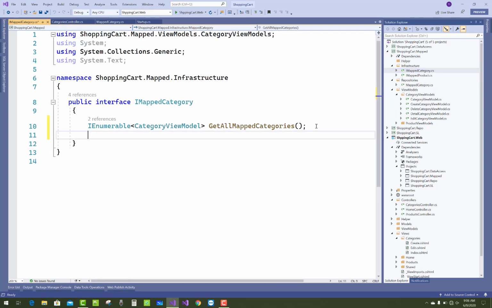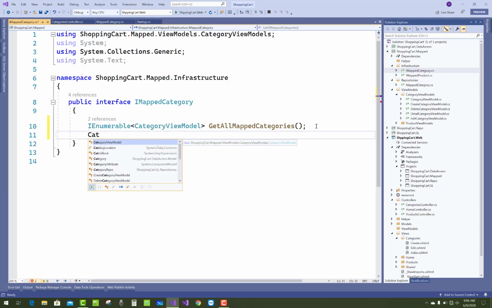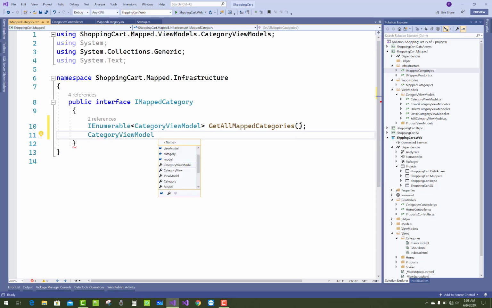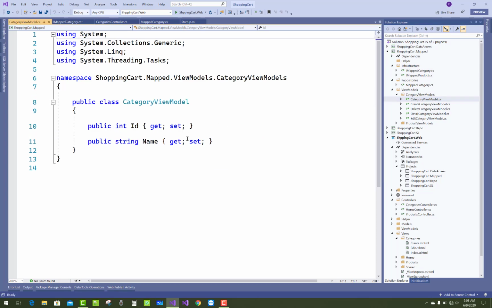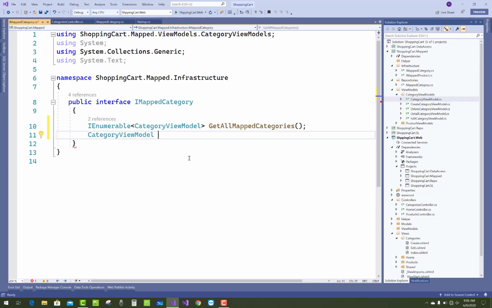In the edit section you have to see that we need get category by ID. So open IMappedCategory. Here we only have get all mapped categories, so add a new one, that is get mapped category by ID, and pass the ID property in it.